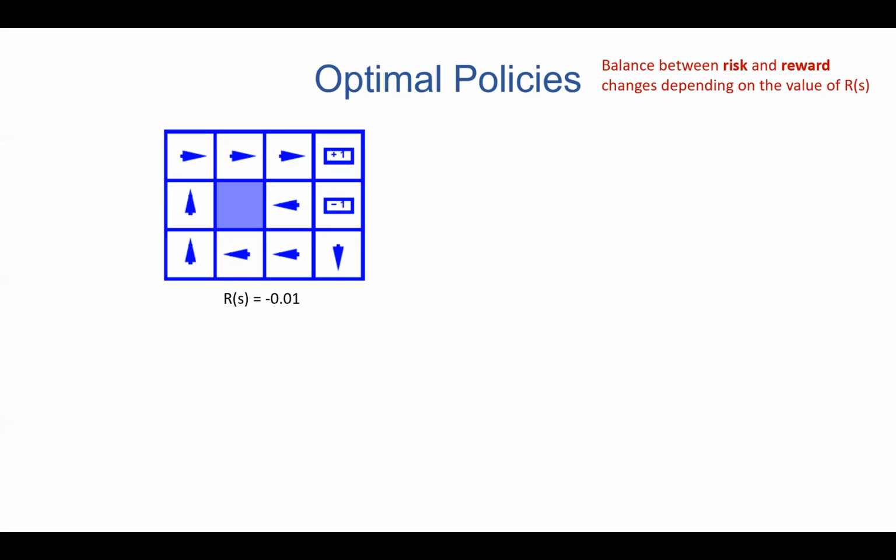Now, suppose that our overall final big reward is +1 or -1, right? Suppose that we set the immediate reward to -0.01, which is really low compared to the big reward. What happens? Look at those arrows. As soon as it gets closer to this part, it tries to move away.